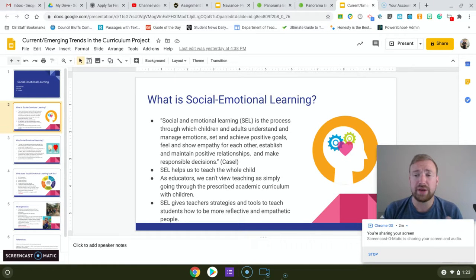Now, before we go any further, it's very important that when talking about SEL and these skills, these are personal things. So in order to get the most out of this for you and for your students, it's important to have a relationship with students, and it's important to have that rapport and that trust with students before you begin talking about these different things.